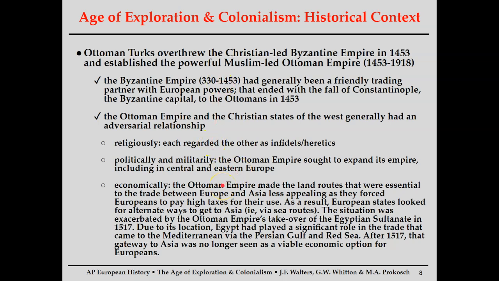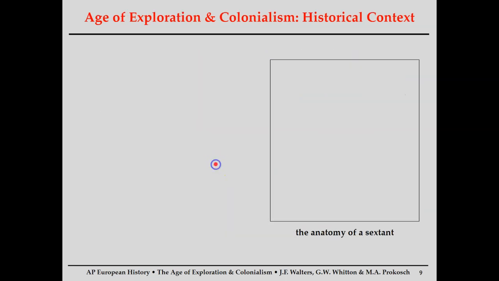So overall, please keep the Ottomans in the back of your mind for the early portion of this course. The Ottoman Empire, they are at their height in the 15th and 16th centuries, and they are a massive empire. They control a good portion of southern Europe. Like, for example, they controlled modern-day Bosnia, Croatia, what eventually would become Yugoslavia. They control the entirety of what we would call the region of Palestine, which would be like modern-day Israel. They control a good portion of North Africa. So they are an empire to contend with, and they will exist all the way until the middle of World War I, where their empire will eventually collapse. So keep the Ottomans in the back of your mind.